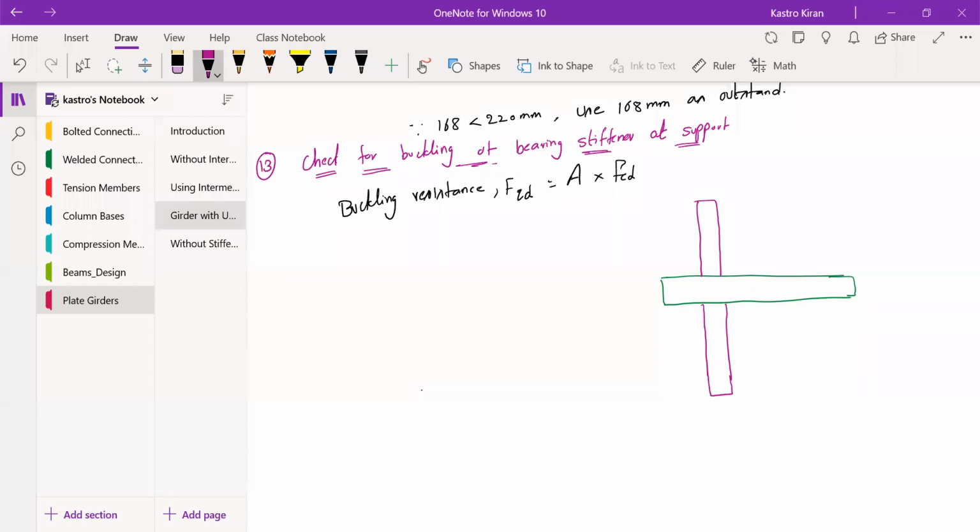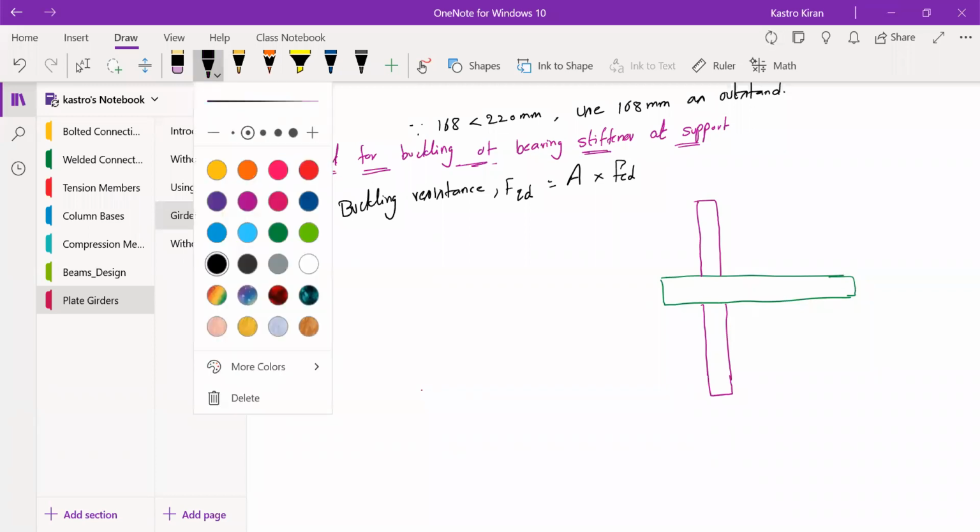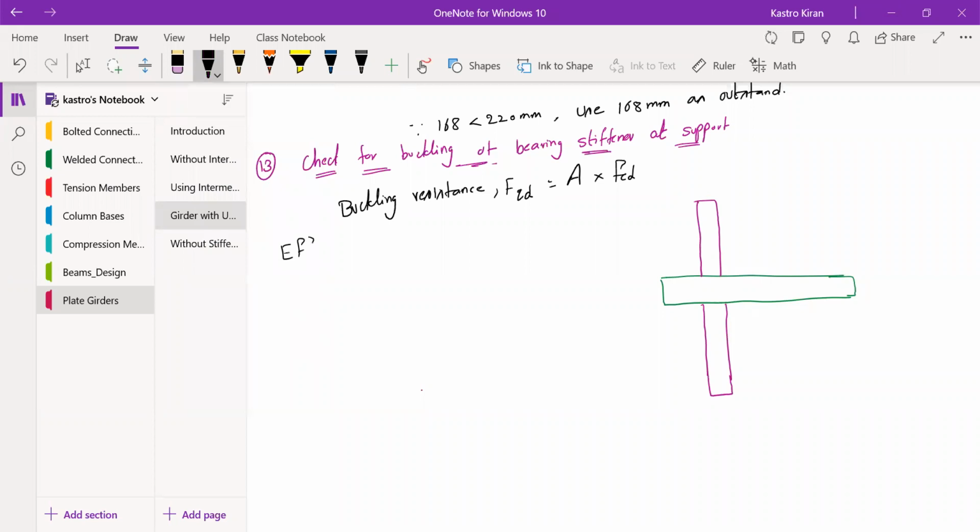So this is the web portion. The green one is the web portion, and the vertical ones are the stiffeners. Now here, for the end bearing, the effective area has to be calculated. So how do you calculate the effective area? Effective area equals 2 times